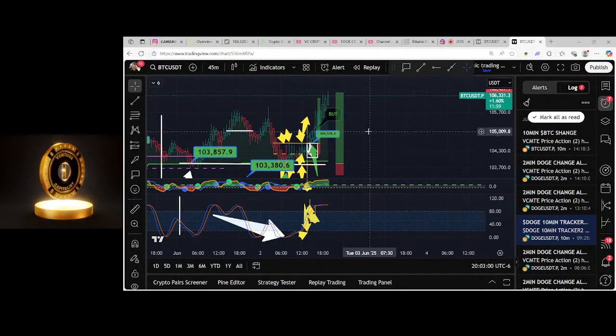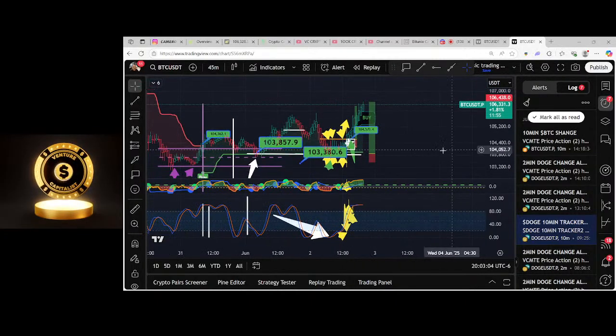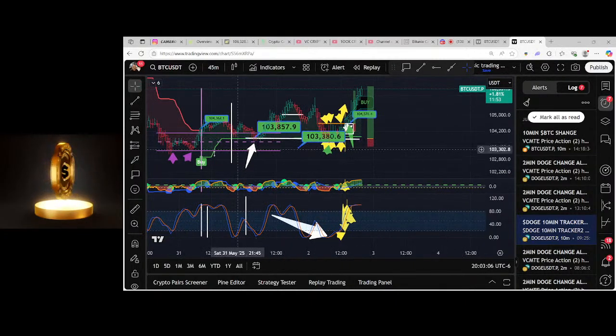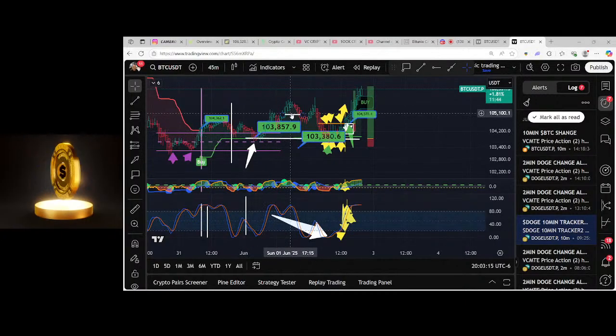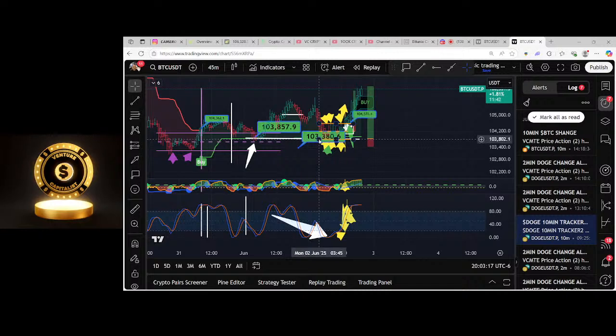So once you establish where the alerts are triggering a buy zone, which is what it's doing, the 45 minute is triggering a buy zone at 103,857. So once you made that first trade, you could say, okay, it's all resetting, it all looks good. Oh, the RSI is coming back down. Okay, here's a big pullback. Well, the RSI is heading back up, and I got another